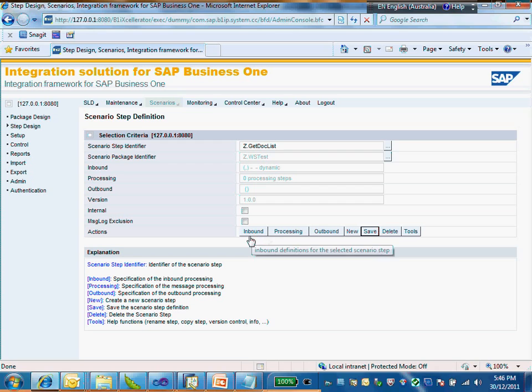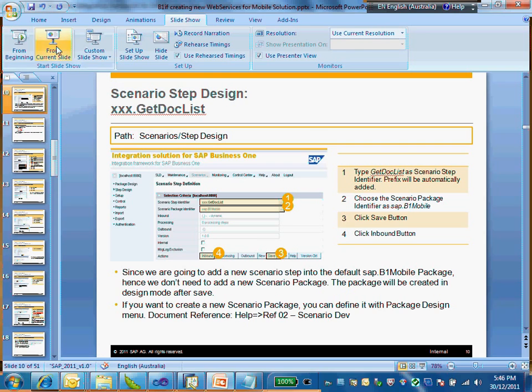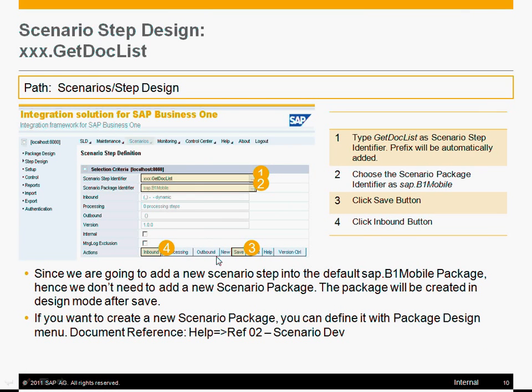And then, as you can see, there are three steps we need to go through. The first one is inbound, the second is outbound, and the third one is processing. For the inbound, what should we do next? For the inbound,